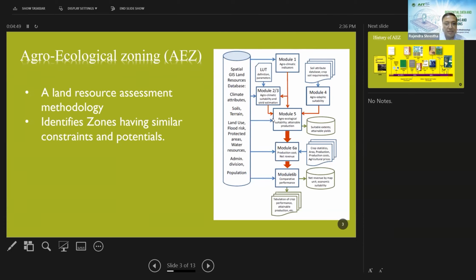So basically, this is a methodology to assess the potential of land for agricultural uses for present and future conditions, based on land suitability, potential production, and environmental impact related to biodiversity, climate change, and land degradation. So this basically gives the areas based on their potential and the constraints so that we can do better agricultural